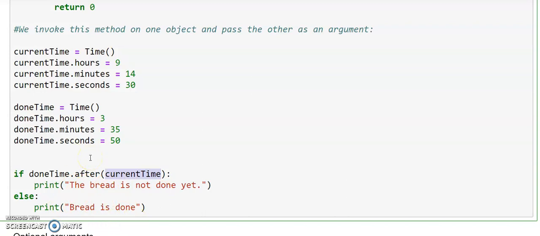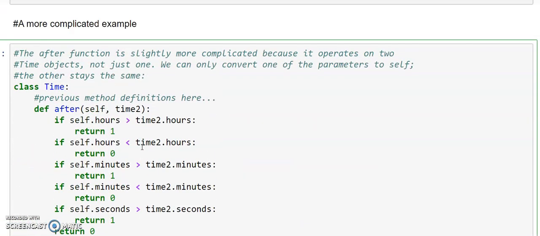I have just considered one simple example. You can write any simple example that is possible for you. It's not mandated that you need to follow the same example while writing an example to explain the concepts. Okay, in this you can just make use of the things. Here what we are doing is comparing each attribute of both the time objects. Based on that, we are making some decision. Here we consider an example like we are preparing a bread. What was the time required to prepare that, and what is the current time? Based on that, it makes a decision.